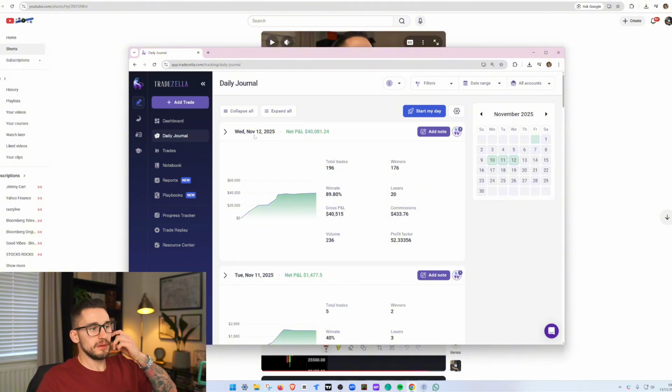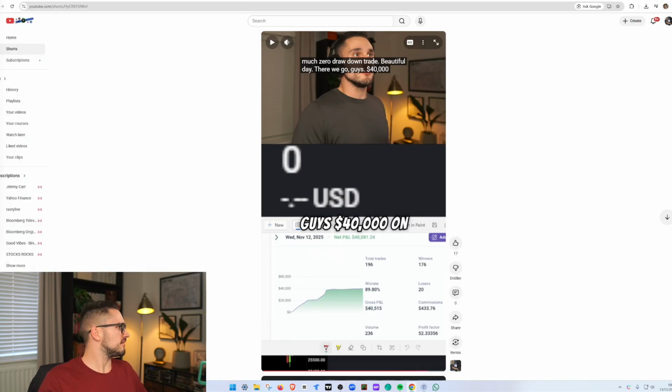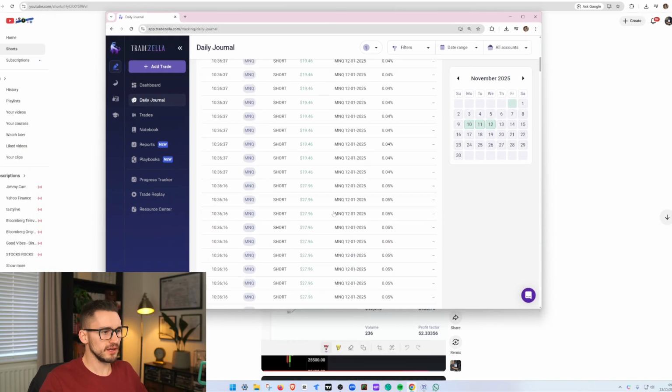And then this was the actual P&L from yesterday. $40,000. Again, you saw the Apex accounts. I also traded that on my funded futures accounts, 5 accounts, and also 5 of my funded next accounts as well. So I don't know if I can get the full. I don't know if it would show me all of the trades, all the accounts.